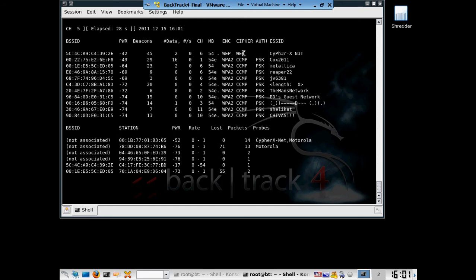I have my network set up as WEP, and here's my net. So we're going to Control-C this and stop it. And then to isolate my network, we're going to go airodump-ng, and we're going to write a file. We're going to create a file, and I already started one earlier,